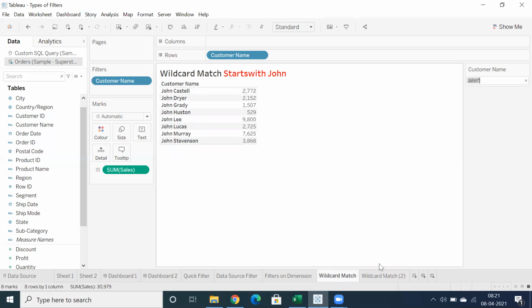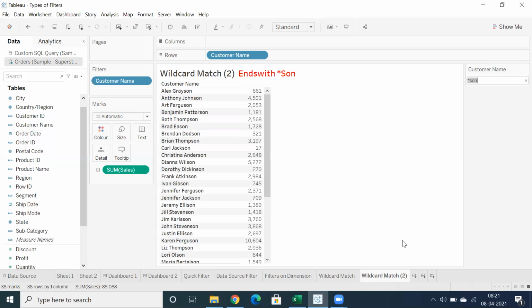For starts with, you need to use John and star. And when you select star Sun, you are going to get customer names that end with Sun. Clear?